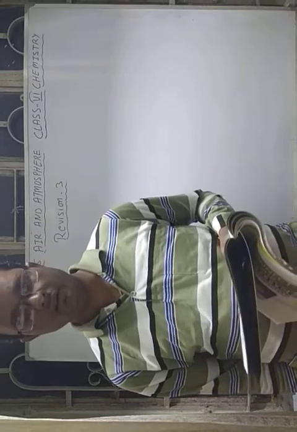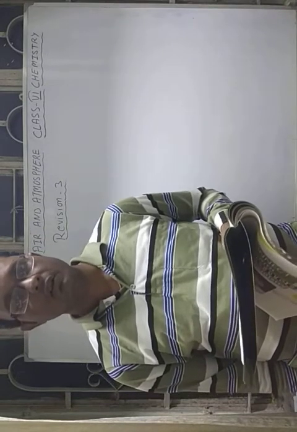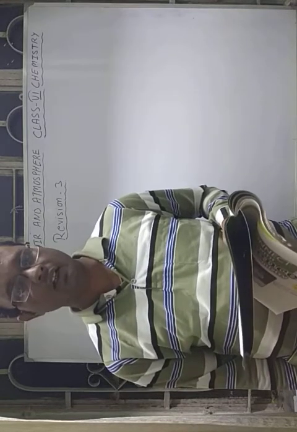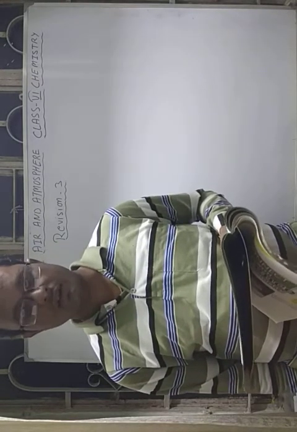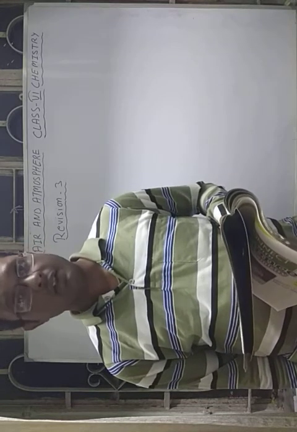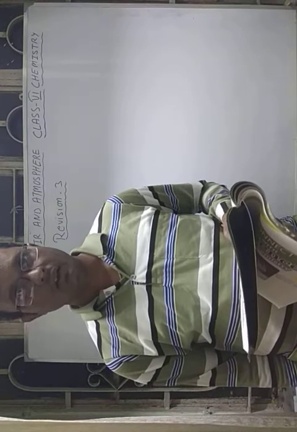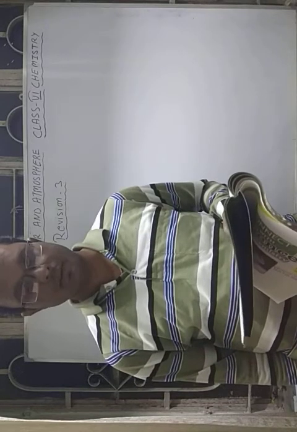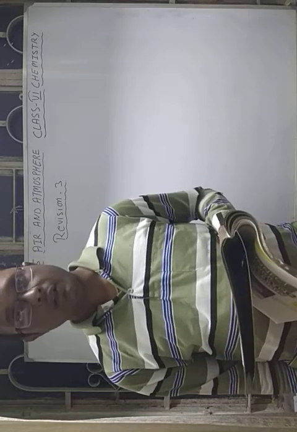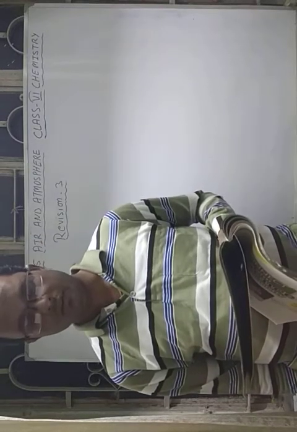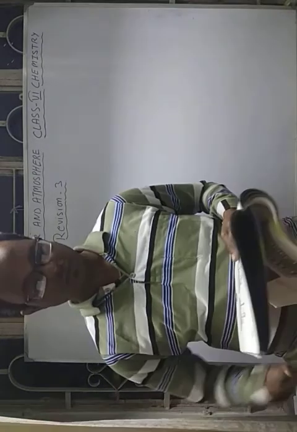If the percentage of carbon dioxide increases in the air, it will trap more of the sun's heat and not allow the heat reflected by the earth's surface to escape. So it increases the temperature of the earth's atmosphere, and this phenomenon is called the greenhouse effect or global warming. So okay students,